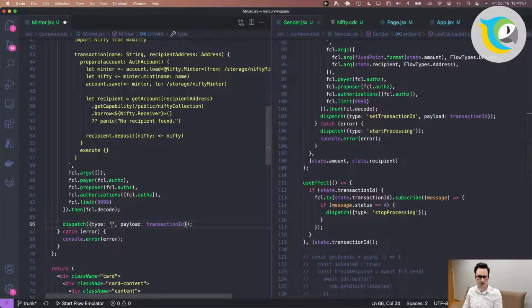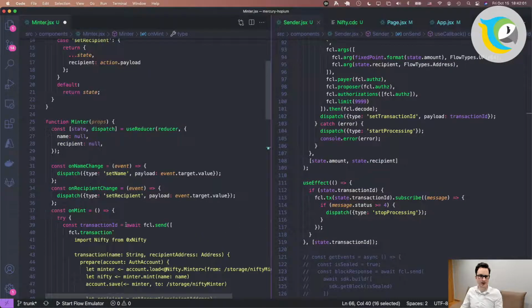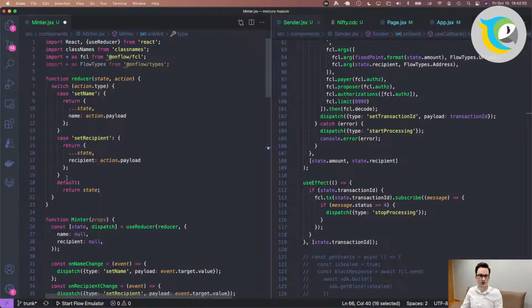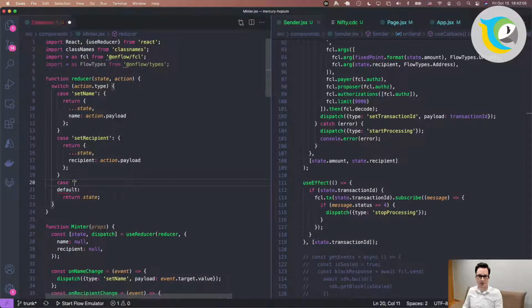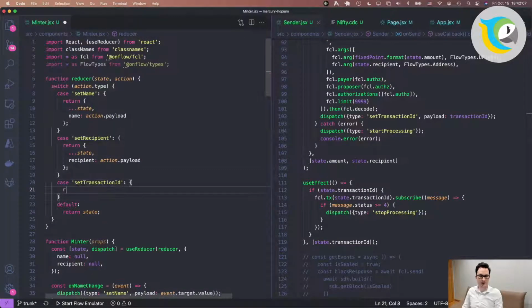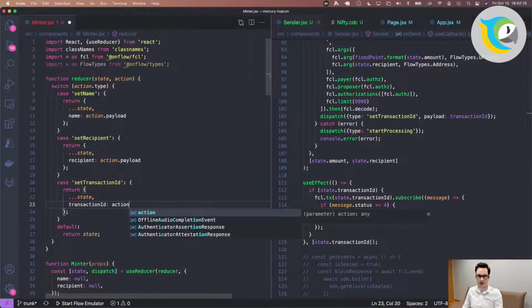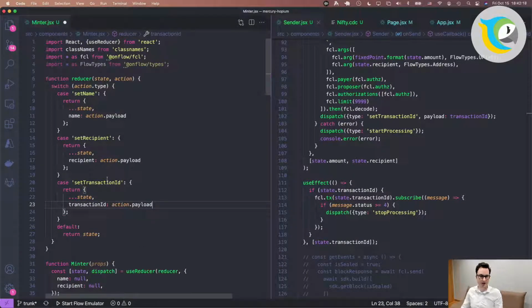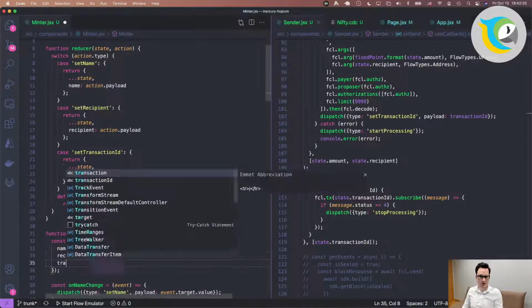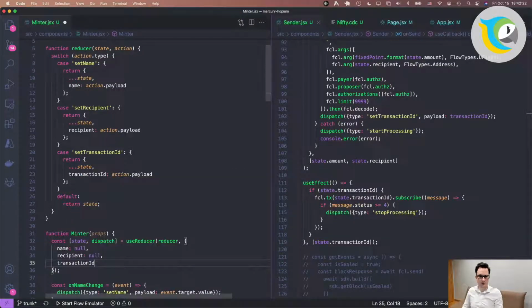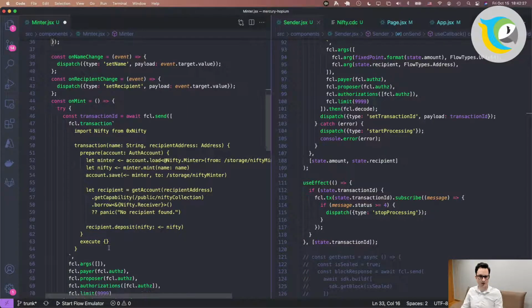All right, so we're going to set the transaction ID, and we're going to use the same kind of interface as before with the sender, where transaction ID is action.payload. Okay, so here we set this to null. That should be good. Okay, so that's null.